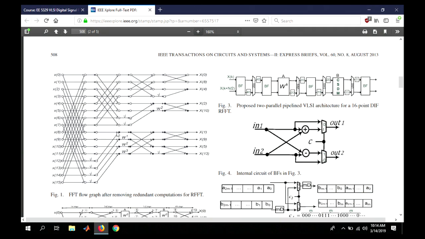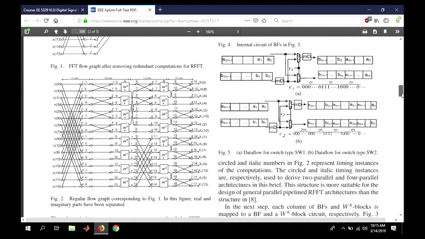So that's just taking this real part and this purely imaginary part and keeping track of that as a plus jb. Anytime you see these filled circles, those are complex numbers. So these are all complex, multiplied by the twiddle factor, again still complex, and these are all complex butterflies. This is x4, half a complex butterfly, and here two half complex butterflies, and you can expand them and make them full butterflies, and that figure 2 is the expanded version.